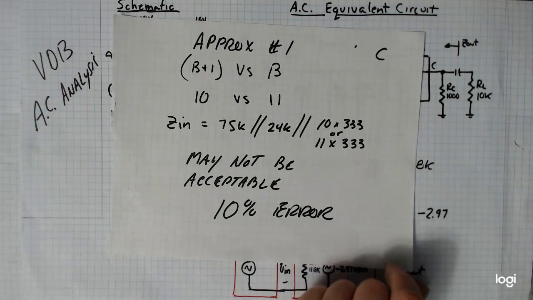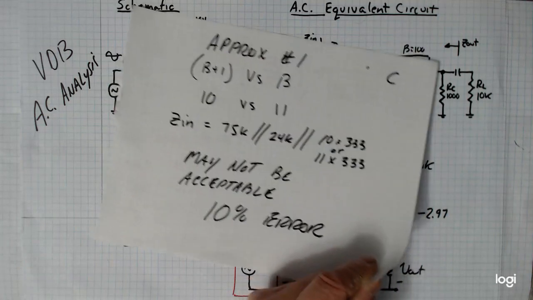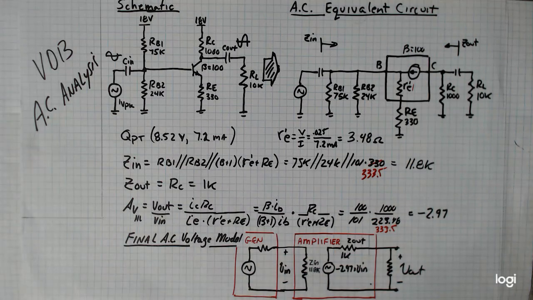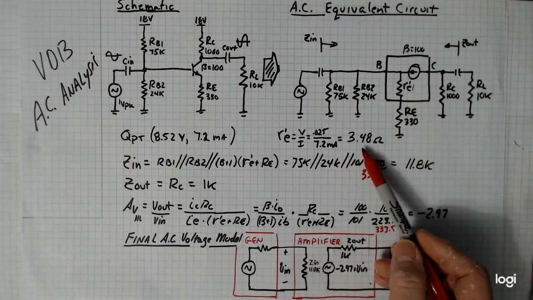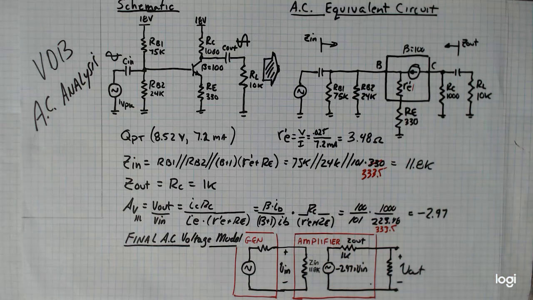Okay? So that's the first thing we talked about, beta versus beta plus 1. The next thing that we may want to look at is this R prime E here. It came out to 3.48 ohms in series with 330. Does that really matter? Well,